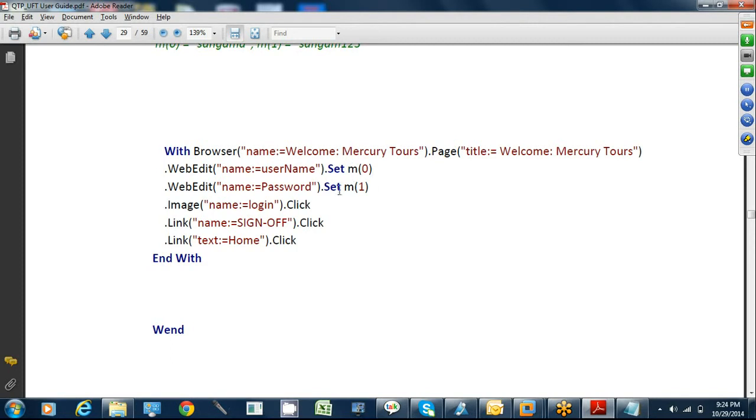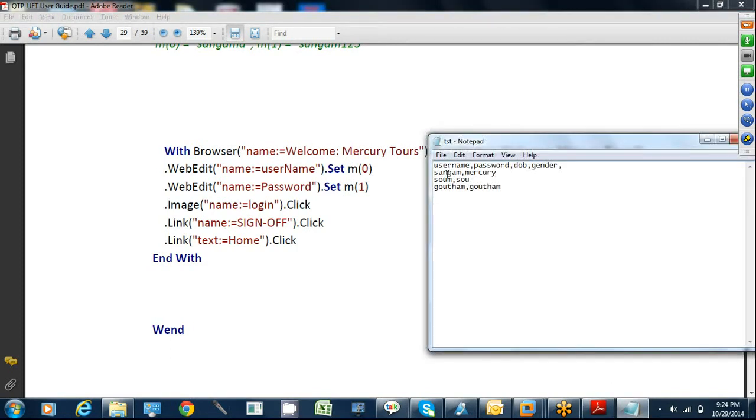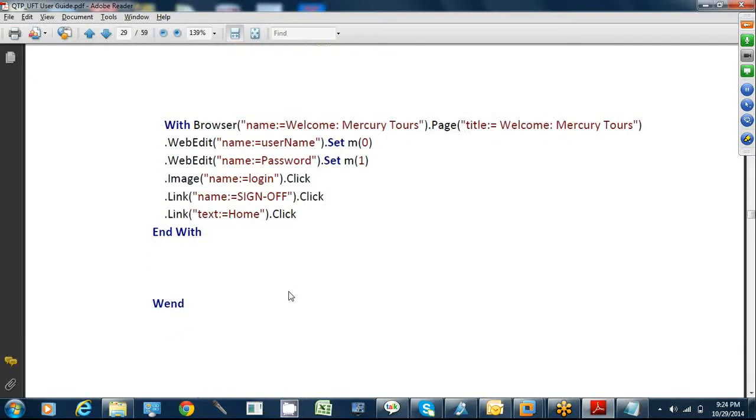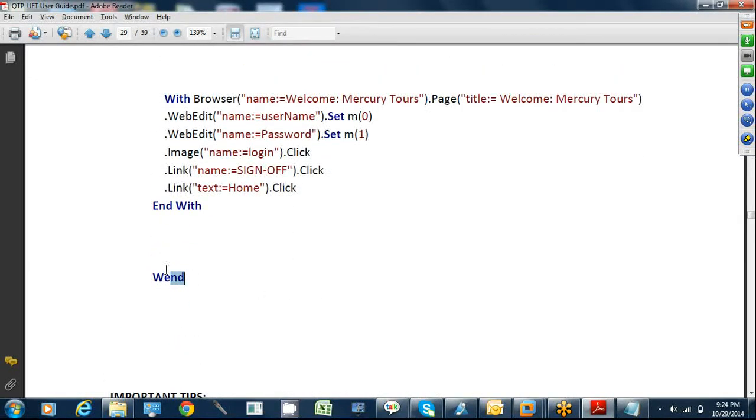M0 will contain username, M1 will contain the password. Whatever first name you are seeing here will be stored in M0 using the split function. Then M1, and the rest of the story is the same: clicking on the login button, clicking on the sign up button, clicking on the home page. Understood?